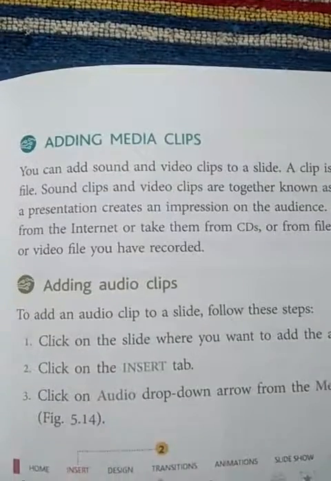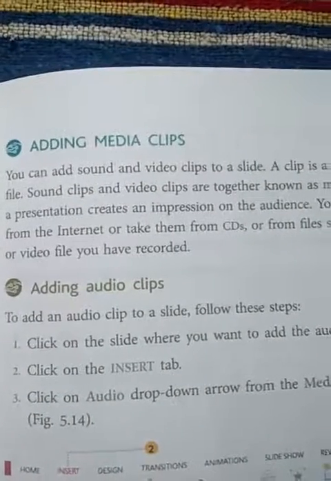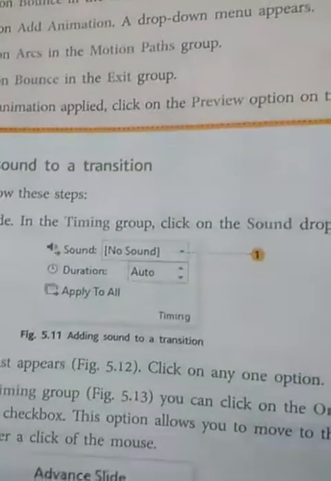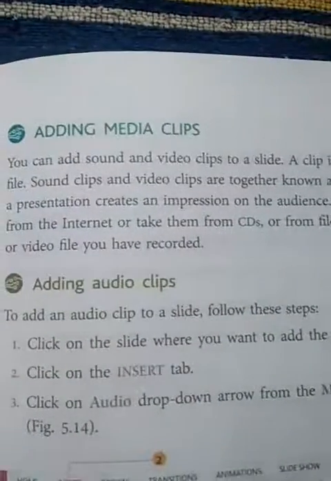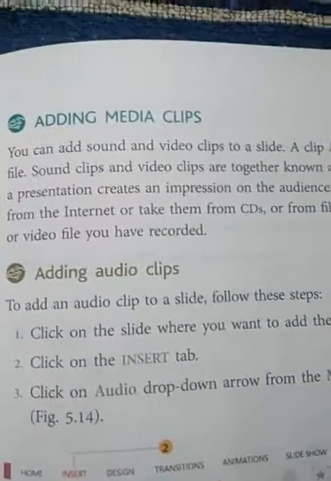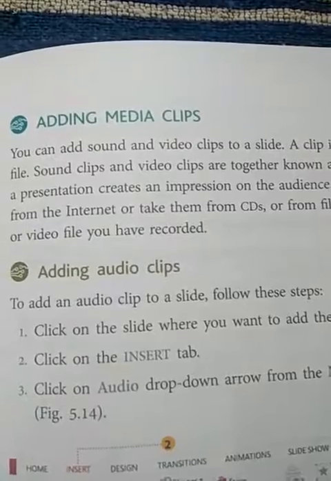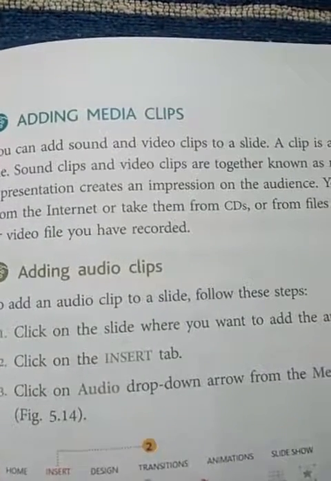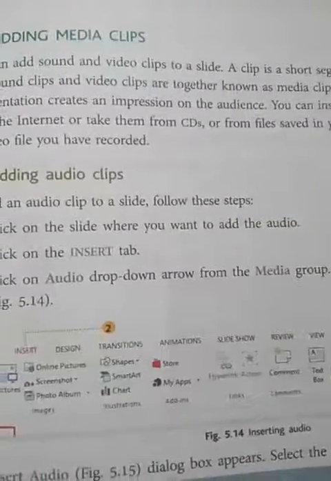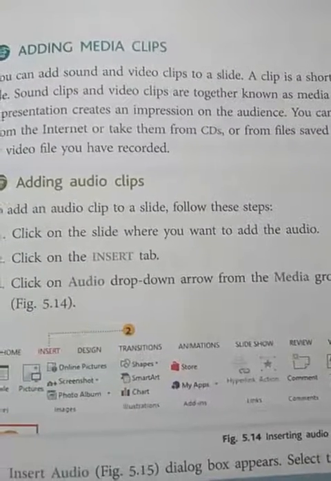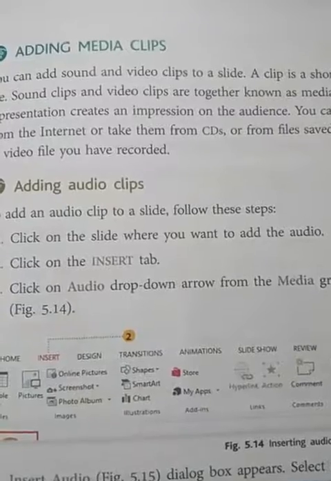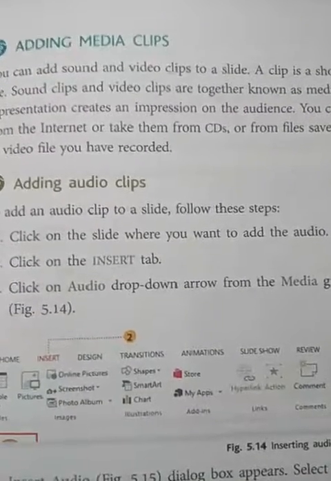The next option is adding a media clip in your PowerPoint. All the sounds which we add with the animation and transition are inbuilt sounds. But if we want to play some music as background music with our PowerPoint presentation, we can add media clips from our computer. These files should be mp3 or wav, and can be downloaded from the net. When we apply one on a slide, an option will come: when the slide is shown, it will play automatically, or when we click on that icon, the sound will play.